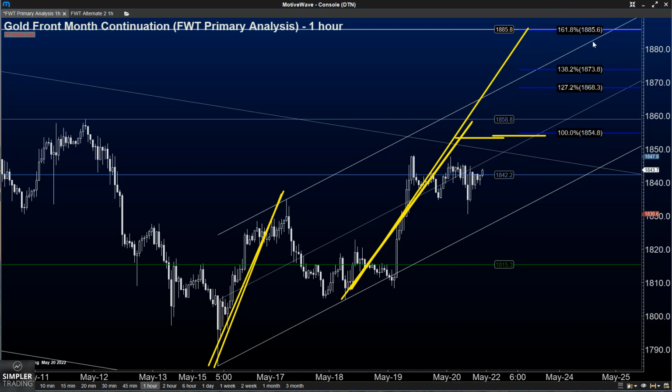And so while it's nice that this has continued in our direction since getting in, we want to see it navigate above some of these smaller degree voodoo lines, like the sky lines here at 1842, which we've chopped around for a couple of days, right? Holding support above there, working our way to and then above 1858.80 towards this 1885.80 that is the voodoo snow line, the third most important of the levels, coinciding with that 1618.